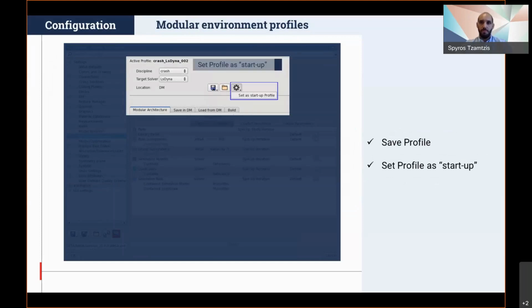Information about the modular environment profile that will be active for a user on ANSA startup is stored in the user's home folder every time the ANSA defaults are saved or the user explicitly selects the Set as Startup profile setting. It should be noted, however, that when working in the modular environment connected to a file-based ANSA DM,